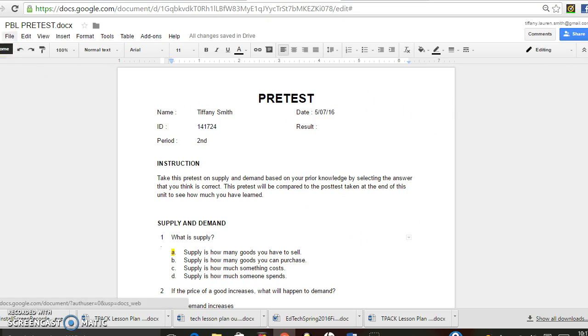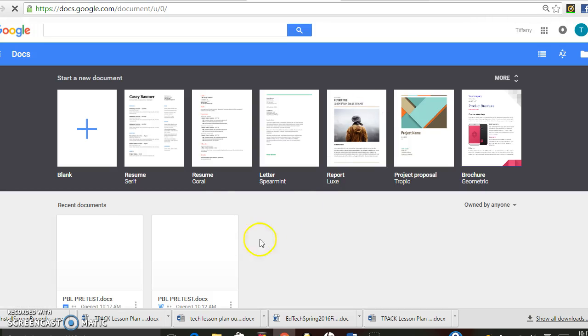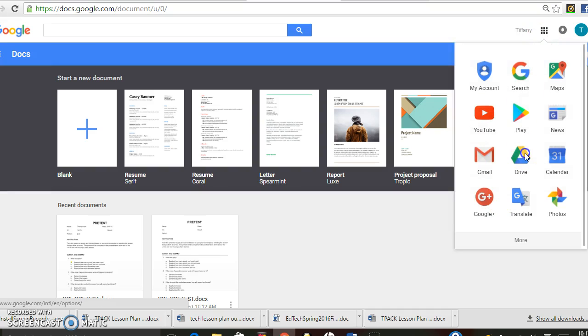So now we can click this little button right here. I don't know if you can see it, but it's a blue button, and it has a bunch of lines in it. It kind of looks like the left-hand line button on Word. So we're going to click that, and we go back to the start page. Well, there we go. So now the pretest is on there,